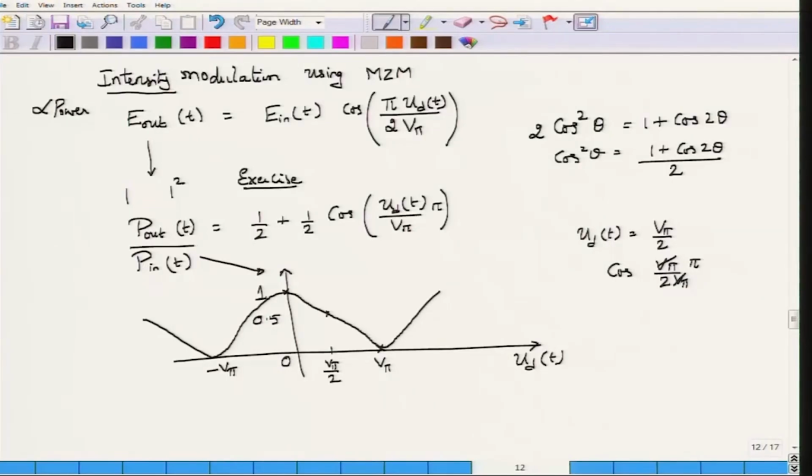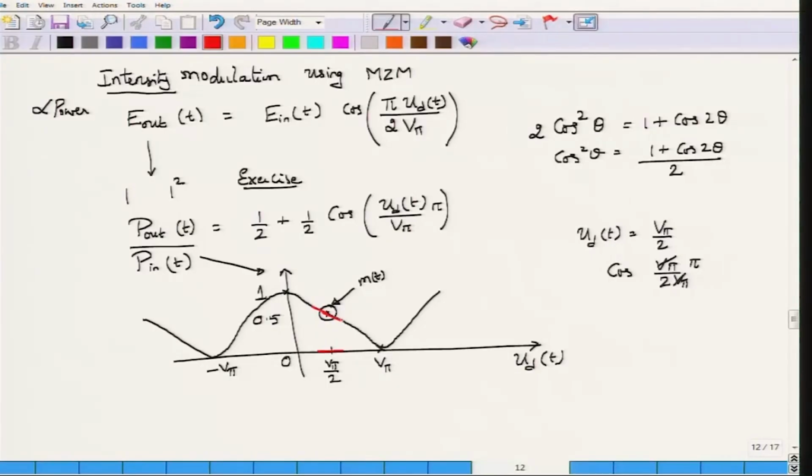So, I hope that this transfer function is all right. Now, as I said, this V pi by 2 is something that is getting interesting, because you have in this particular case a relationship where if I take the Mach Zehnder modulator and bias it at this point, and then in addition to this I apply a certain m of t, then I will be going over this particular transfer function. As my m of t changes here, the corresponding changes will be on the transfer function,